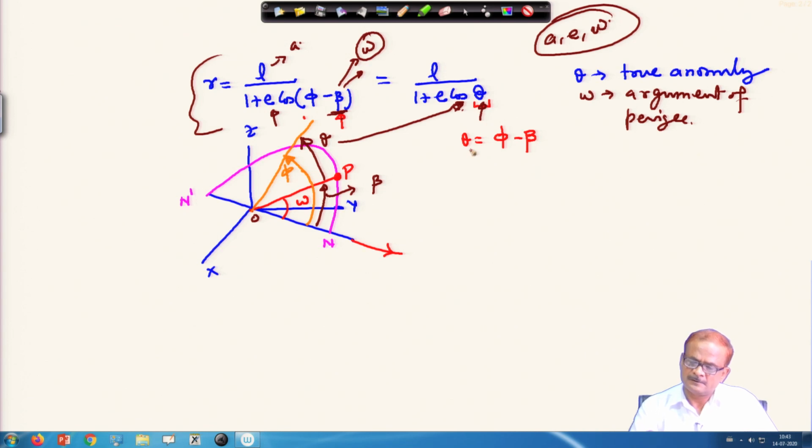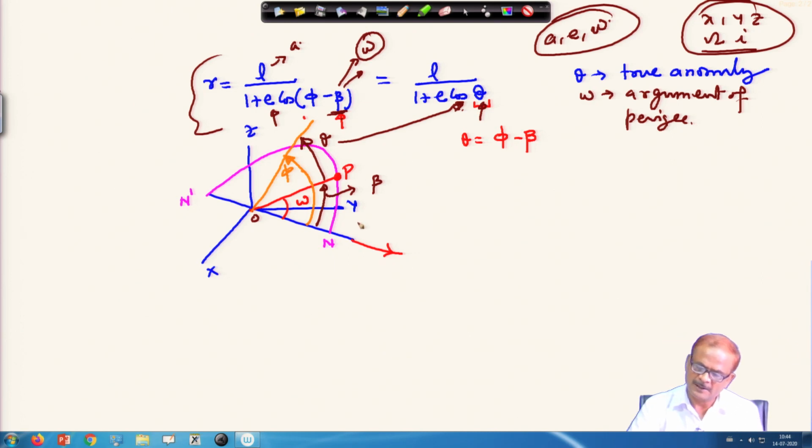So, here of course, we have derived omega in some other way, which we got in terms of x, y, z, x dot, y dot, z dot, etcetera. So, x, y, z, and then we also had this capital omega, and in terms of I we have got it. Now, the time of perigee passage means, at this point, how much time it has taken to reach this place, this we write as t.